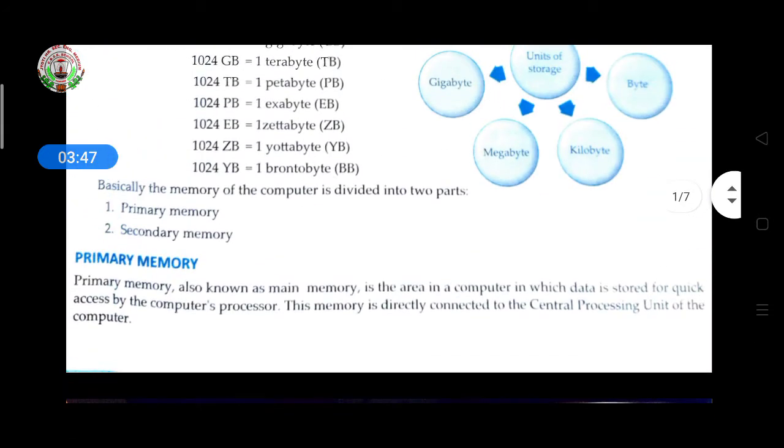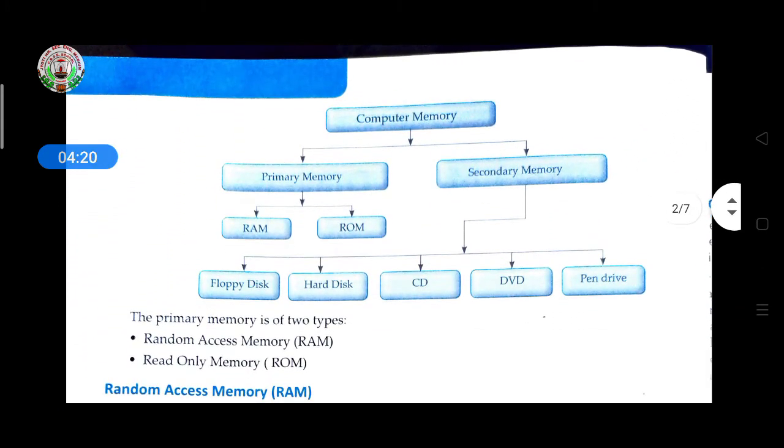So how does it work? In this area, computer data is stored for quick access by the computer processor. It means suppose you are giving an instruction to the computer to process that particular instruction. At that time the instructions which you have given are stored in primary format, and thereafter processed, it will be stored in the memory location, like this. And then a picture is given here.